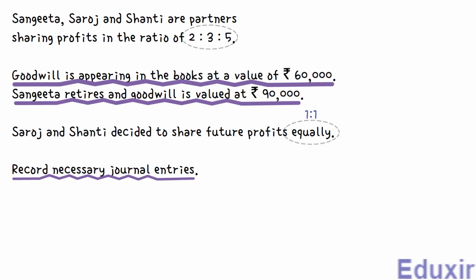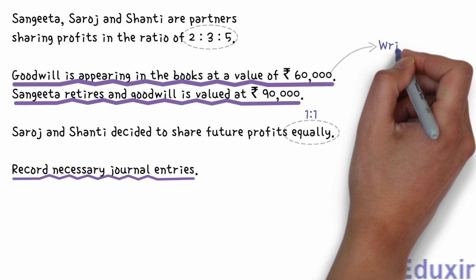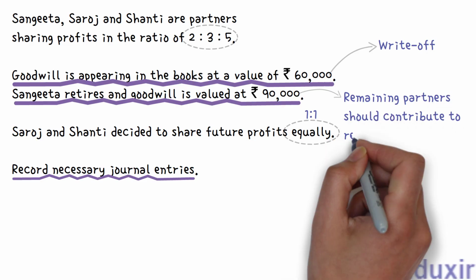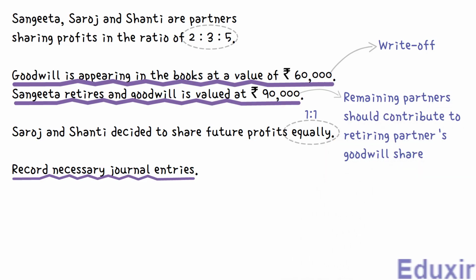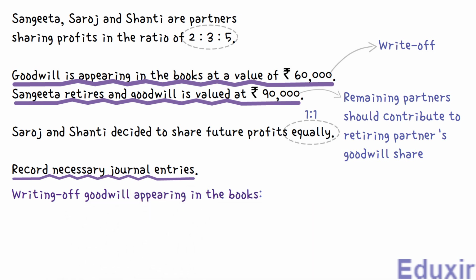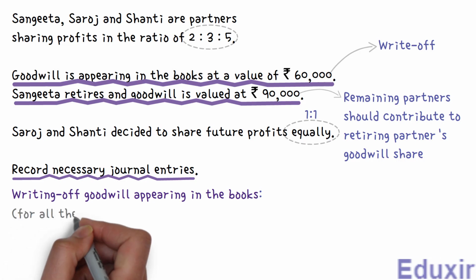Here, we need to consider the accounting treatment of two types of goodwill. We need to write off the goodwill appearing in the books. And then, for the goodwill of the firm, the remaining partners should contribute to the retiring partner's goodwill share. Let's first deal with the writing off of the goodwill appearing in the books. Just to remind you, this means that we need to write off the goodwill for all the partners in their